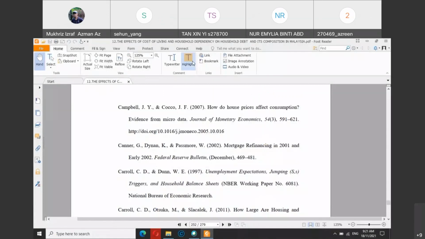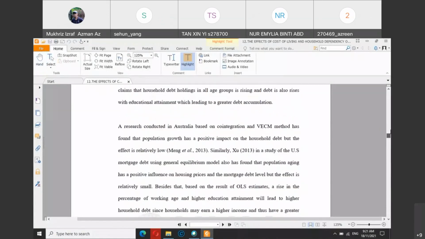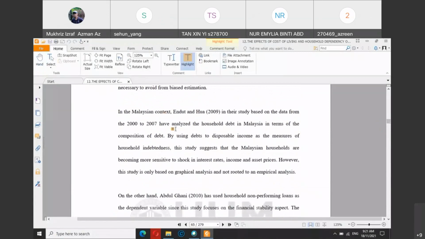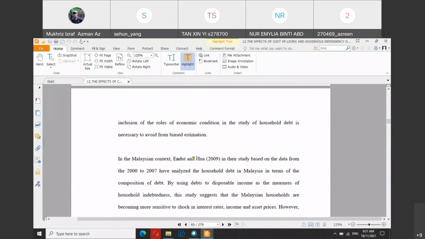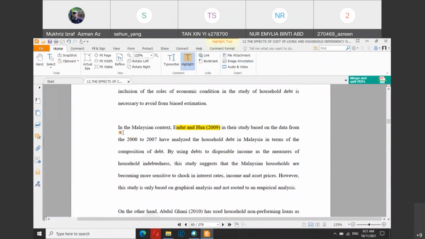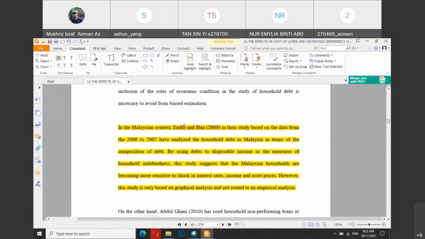For example, if you go to any part of the text, whether in the introduction, for example, Endut and Hua 2009. So you claim, when you mention this author's name, according to Endut and Hua in their study, blah blah blah. So this particular paragraph is supposed to be referring to the author by the name of Endut and Hua. Okay, so if this particular article, Endut and Hua, for example, when I search for the actual article,